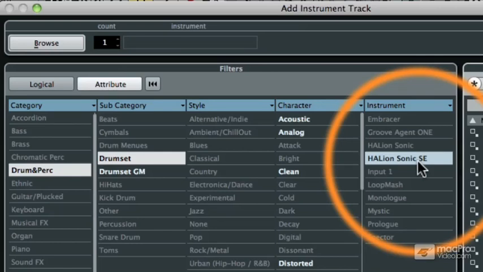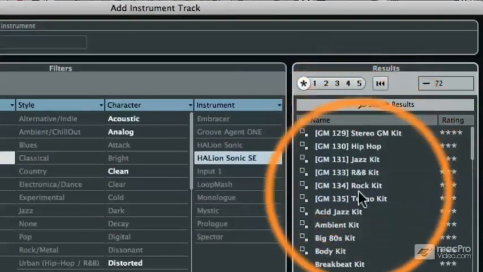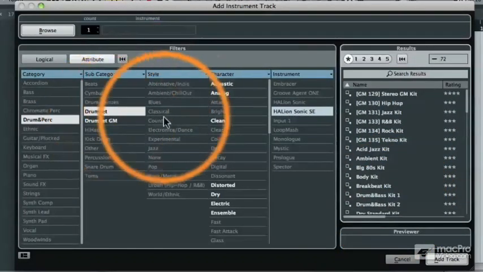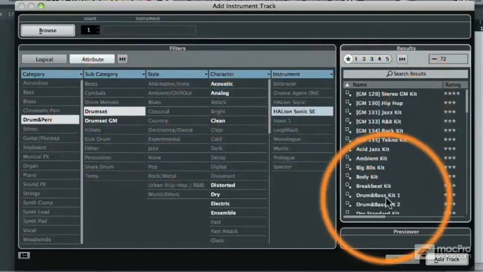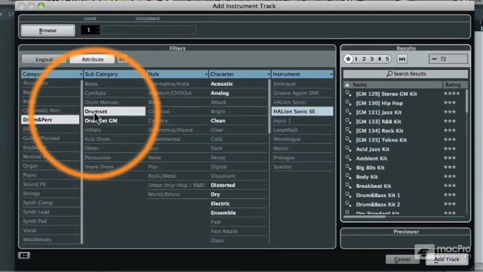But just make sure that you have Sonic SE highlighted. And then in the search results window, you'll be presented with a list of all of the sounds that meet the criteria that you have chosen in the filters window. So essentially what we're looking at in the search results are drum and percussion categories with drum sets out of